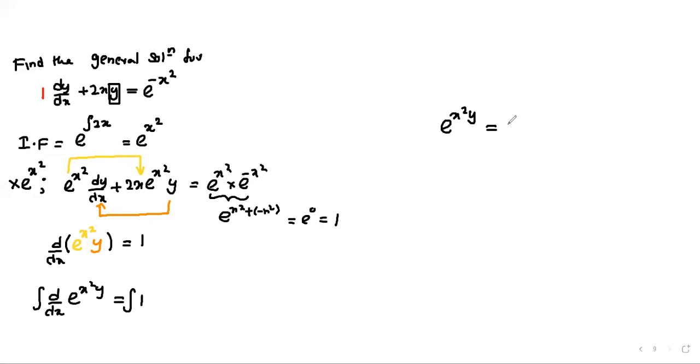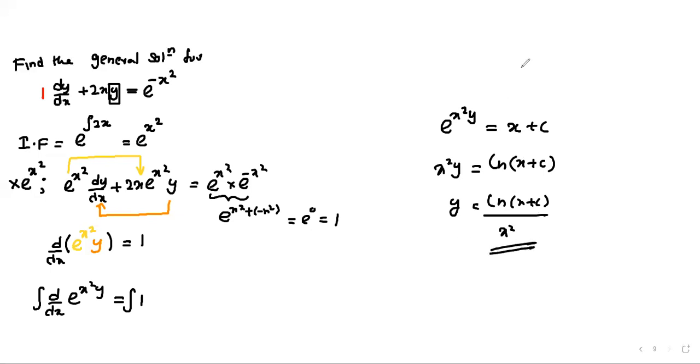It equals the integration of 1 in terms of x, which is x plus c. Therefore, if you want, you can write x squared y, because you have to make y the subject anyway, ln x plus c, then y equals ln x plus c over x squared is the answer for that. Okay, now